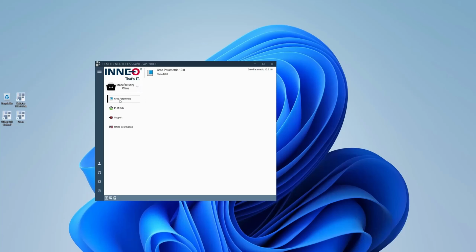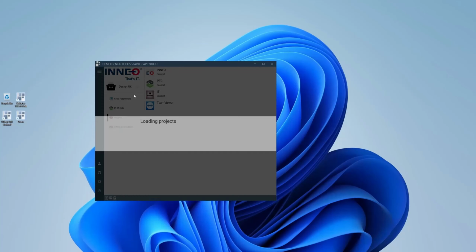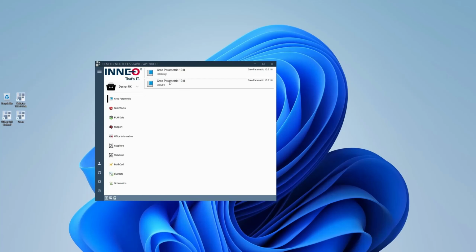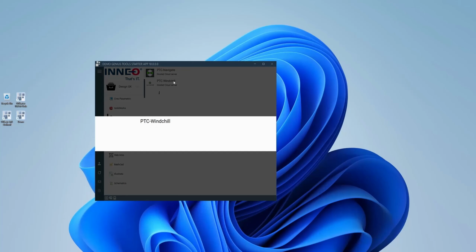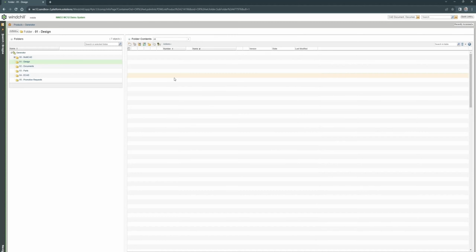Let's say you've got someone sitting inside China. He will have the different applications that he can start up. On the left hand side you can set up different groups and different bits of office information. If you have someone that connects from a different location, maybe from the UK, if we look at tools such as, let's say someone needs to log in from a different location, you'll now see that he's got more options: